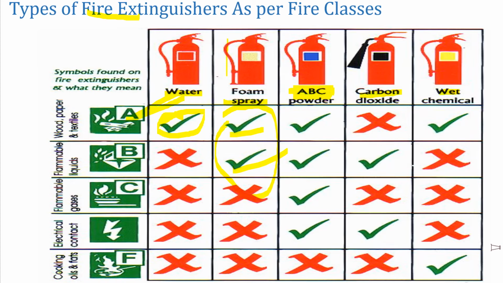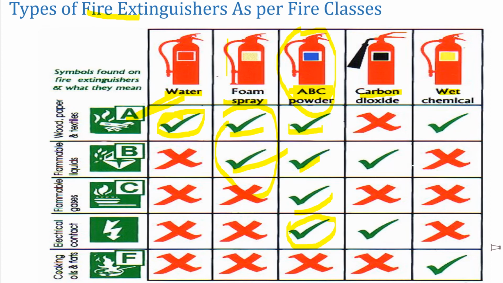It is called ABC type of fire extinguisher or dry powder type extinguisher because it can extinguish your A type fires, B types as well as C types fire. So under special provisions we can also use it to extinguish class D type fires. This ABC type fire extinguisher is the most common type you would have in most of the factories or in most of the areas in industries, because it can be used to extinguish A type, B type as well as C type fires.